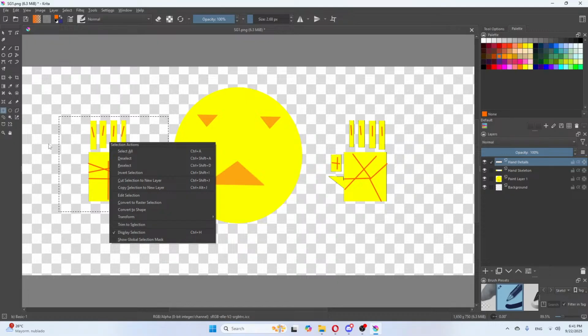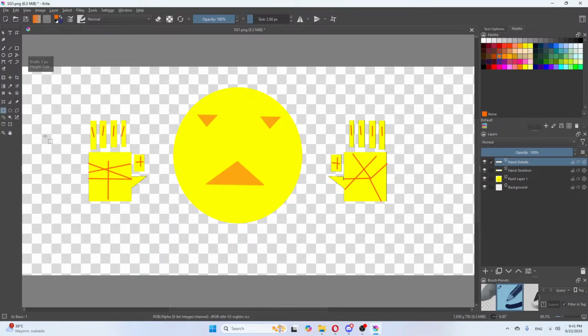And have our figure over here move his hands. Or, shall I say, he's going to close his fists. Like so. The first thing I'm going to do is undo